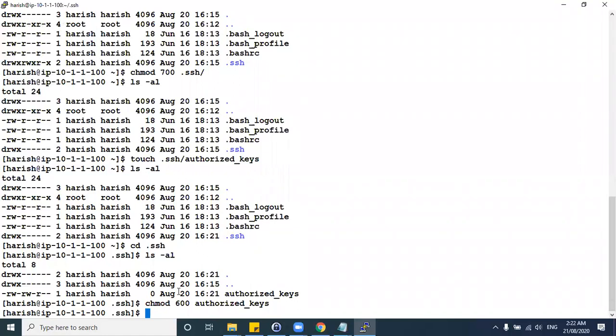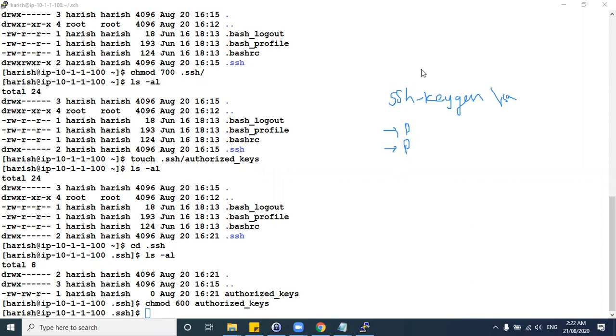Once your authorized_keys file is there, there are two ways that you can generate your public and private key. One is, in Linux you can use ssh-keygen. This command by default uses the RSA algorithm and generates one public key and one private key for you.